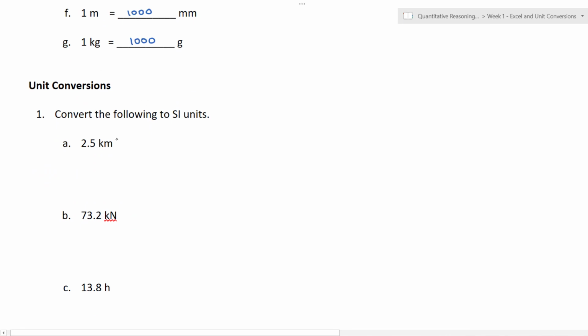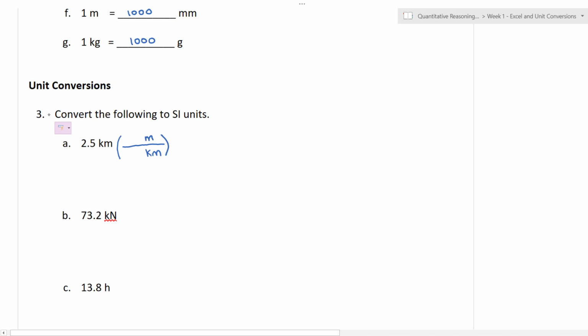Okay, so what I do is I multiply by a fraction. I want to get rid of kilometers. Right now, kilometers is in the numerator, or on top, so I want to cancel it out and put it on the bottom. Instead of kilometers, I want meters because meters is the SI unit for distance. Now I need to make my fraction equivalent, so I need to make the top and the bottom values equal to each other. Well, in question 2, and this should say question 3 here,